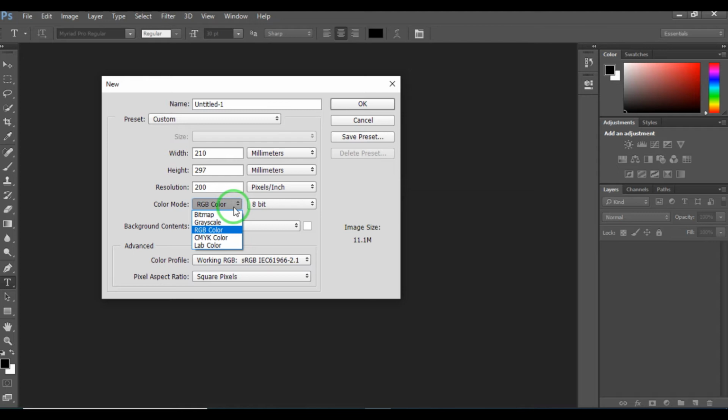K stands for black. The basic difference between RGB and CMYK is RGB is used for web or internet purposes, and CMYK is used for print purposes. For instance, if you are going for a printed brochure, then you need to select the CMYK colors. Otherwise, if you are preparing a brochure or a particular work for the purpose of uploading to internet, then you can choose RGB color mode.